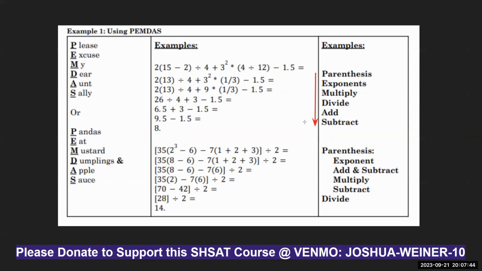Here's our checklist of skills. And we're going to go down to exponents, multiply, divide, then add and subtract. Some teachers say, remember that when you're doing this, it's parentheses first, then exponents, multiply and divide from left to right as you encounter them, and add and subtract, because they're really equivalent if you use the reciprocal or just work with the signs for the add and subtract. We'll get to that soon enough.